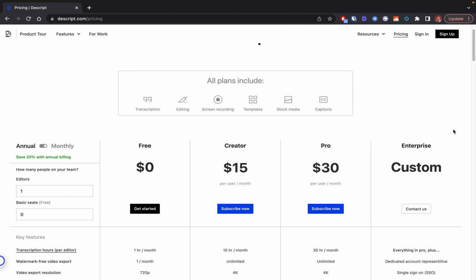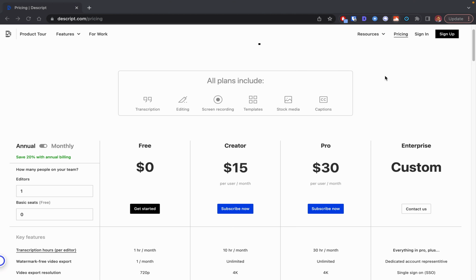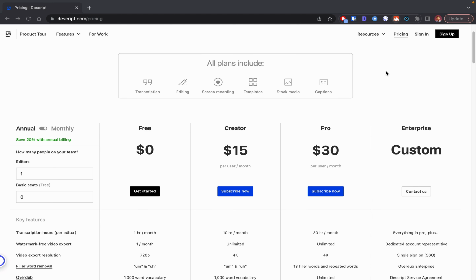Lastly, let's look at the pricing of Descript. So it has a free plan, 100% forever free, where you can generate up to 1 hour per month or edit up to 1 hour per month, and export a watermark free video, which is pretty great. This is a new change they've made in their free plan. However, the maximum resolution that you can export out at is like 720p, which is actually pretty low,